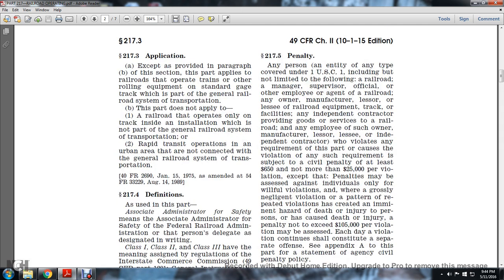217.5 Penalty. Any person covered under Title 49 U.S. Code, including but not limited to the following: railroad manager, supervisor, official, other employee or agent of the railroad, any other manufacturer, lessor or lessee of railroad equipment, track, or facilities, independent contractor providing goods and services to the railroad, and employee of such owner, manufacturer, lessor, lessee, or independent contractor who violates the requirements of